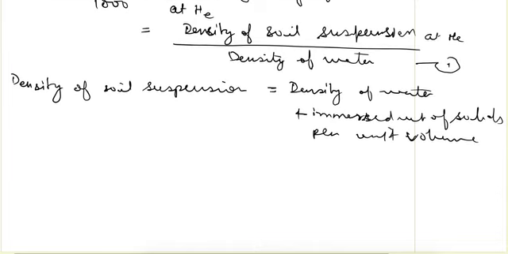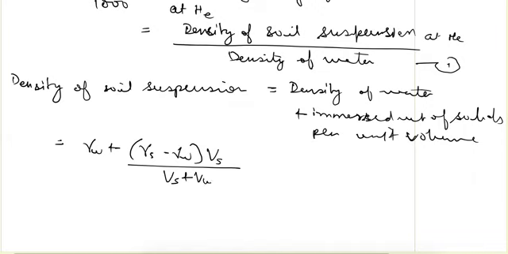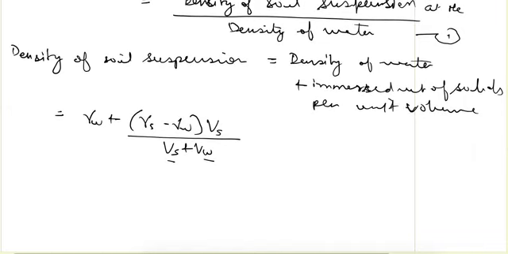Now it can be written as gamma W plus immersed unit weight, gamma S minus gamma W, into Vs. This will give us the immersed weight, and divided by total volume, that is Vs plus Vw, volume of water plus volume of solids. So from here,